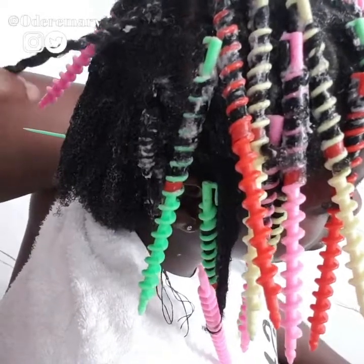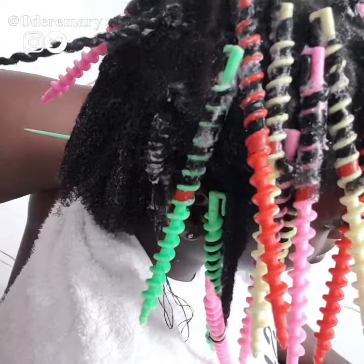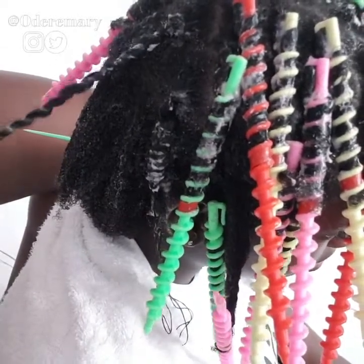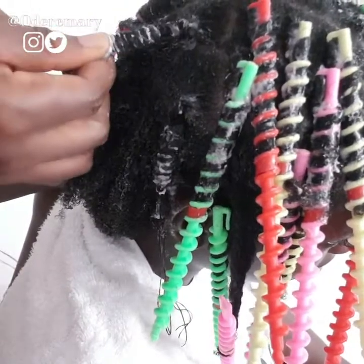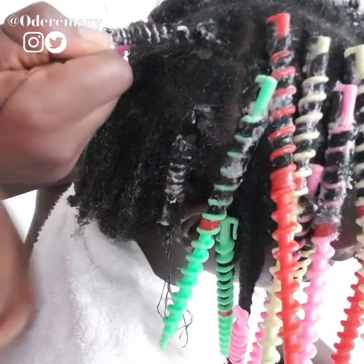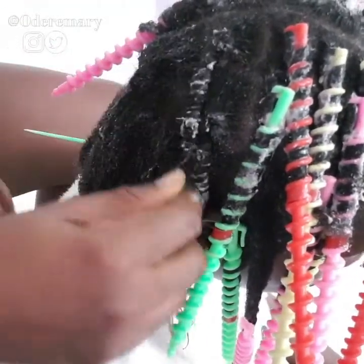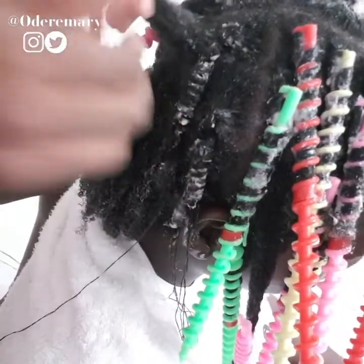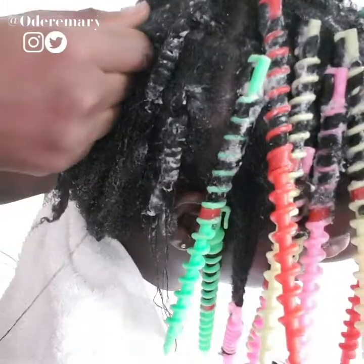All the way down, very loose ties. And then, can you see that? I don't know what this is going to be like, but I'm guessing it's going to turn out very springy,